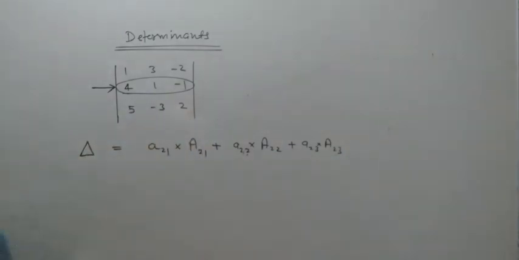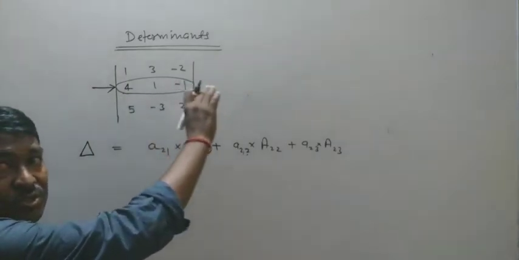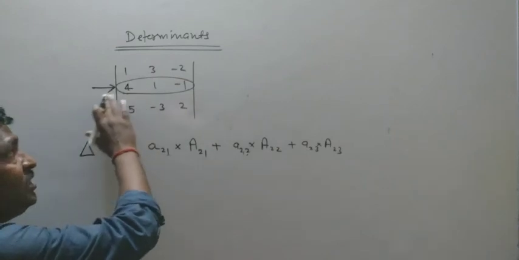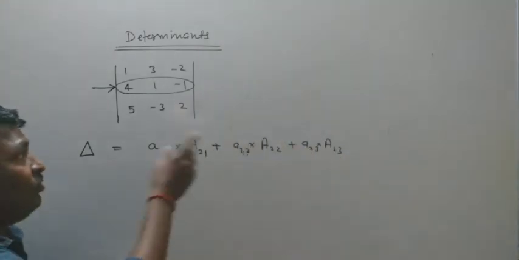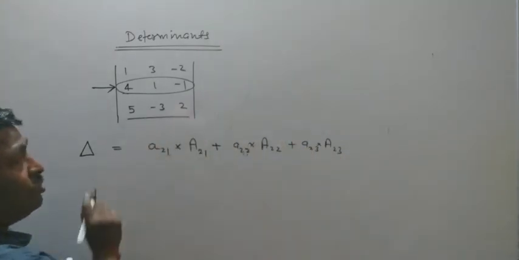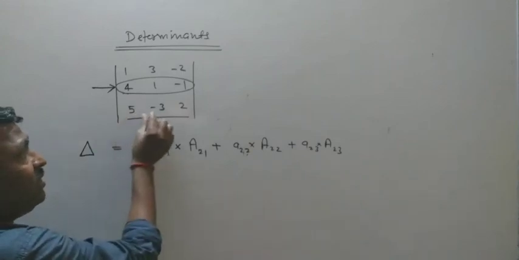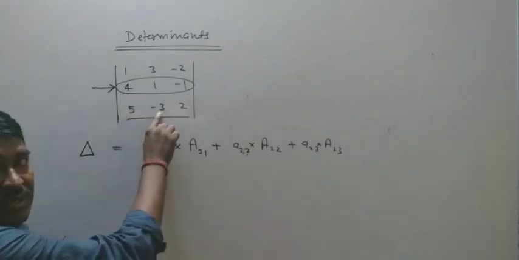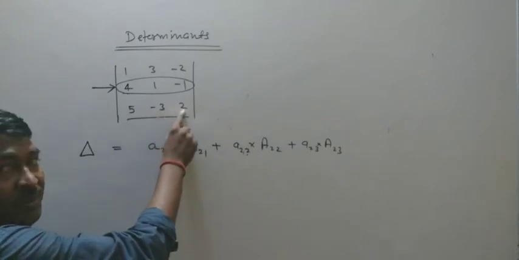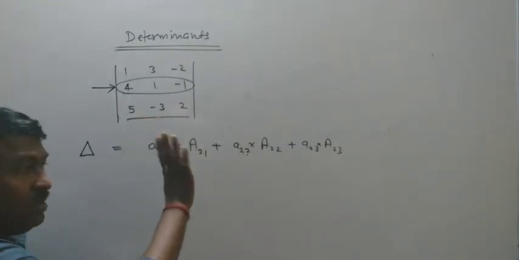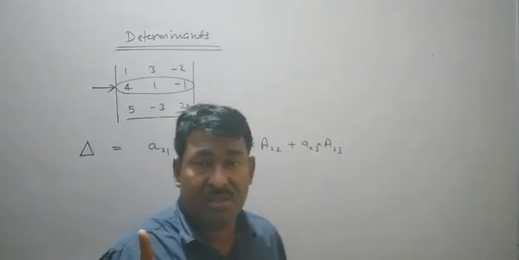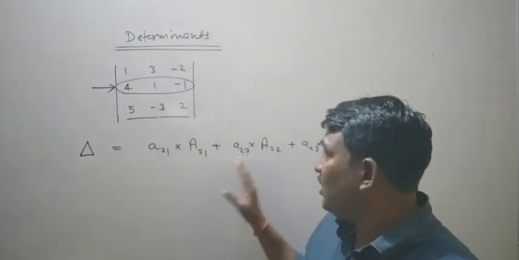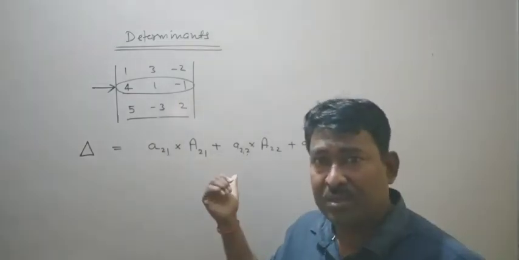Small a21, a22, a23 are elements of the selected row. Since I have selected the second row to solve this determinant, you can select any one of them. So if you have selected this row to solve, then you have to take this element into its cofactor, this element into its cofactor, plus this element into its cofactor. Everywhere you will put a positive sign, since if a negative sign comes, then it is included in the cofactor.